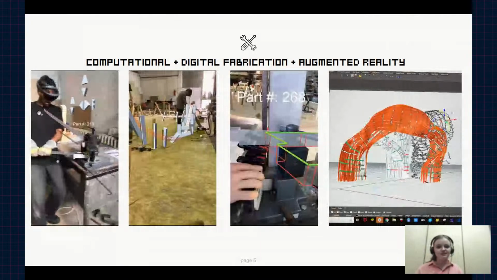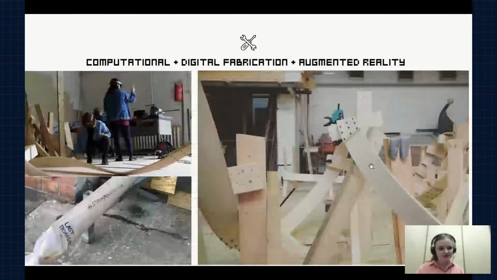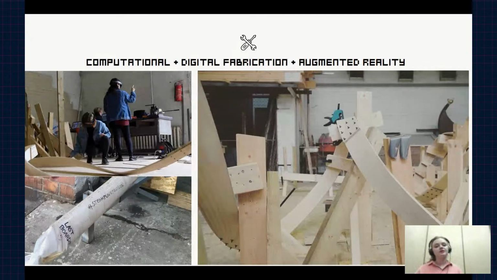So this is how we did all the bending, the steel bending, and also the bending of the wood that you can see here in the Rhino grid. And these are some photos. As you can see, we couldn't have done this without a person who showed us where to bend the wood.